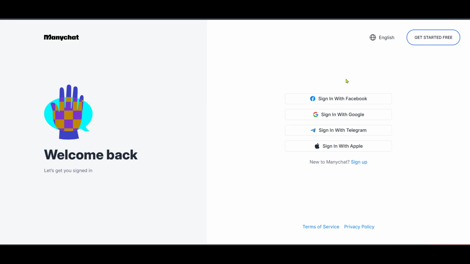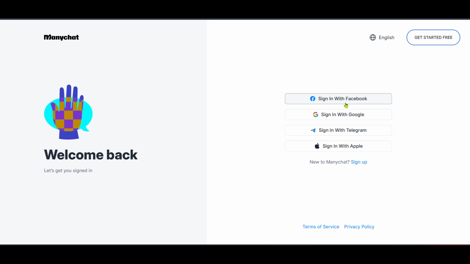without any hassle. First, let's begin by heading over to the Manychat dashboard. You'll want to fire up your browser and navigate to the Manychat website. Once there, log into your account if you haven't done so already. When you're successfully logged in, you'll find yourself on the main dashboard. Look for the Home tab. This is your starting point. Clicking on the Home tab will provide you access to various features within Manychat you might need to adjust or